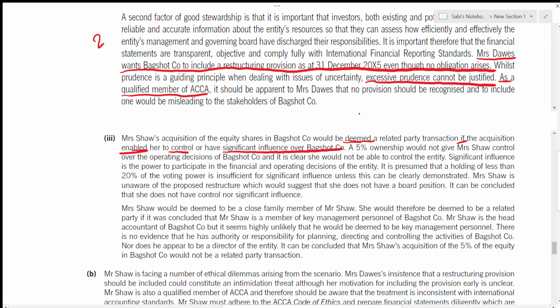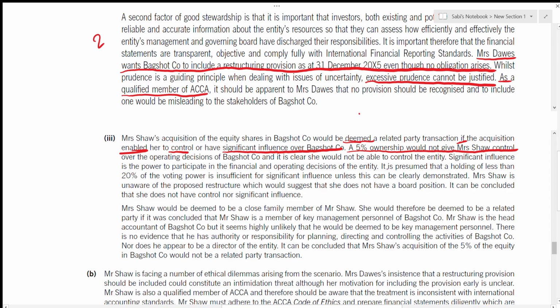A 5% ownership, how much she acquired? Only 5%. 5% ownership would not give Mrs. Shaw the control over the operating decisions of Backshot company, and it is clear that she will not be able to control the entity. You need to talk about that. It is very clear that she is not controlling. Significant influence is the power to participate in the financial and the operating decisions of the entity. You need to say what is a significant influence. Mention it,